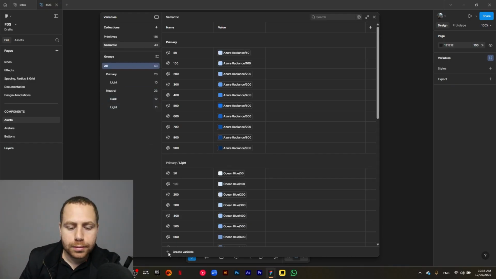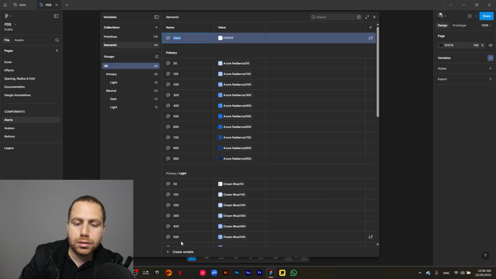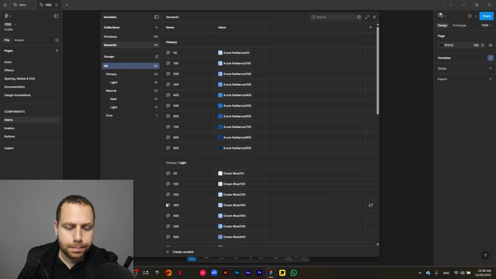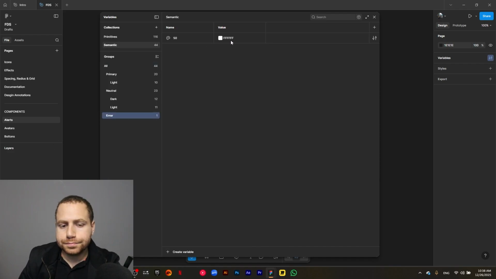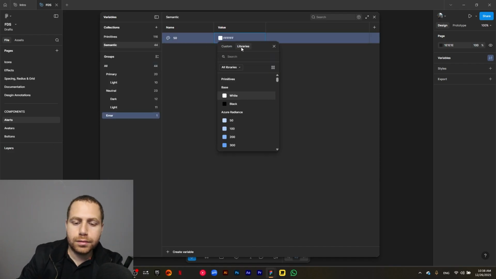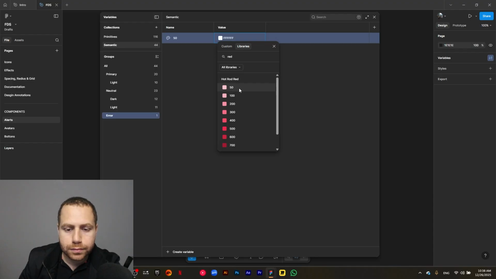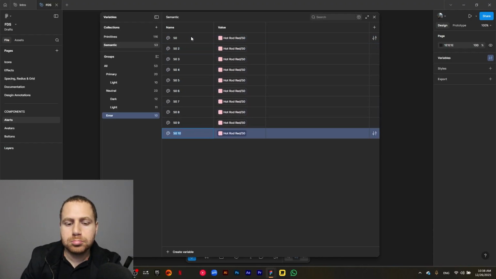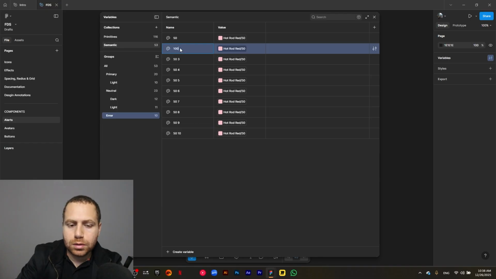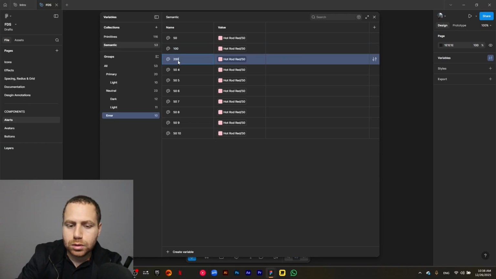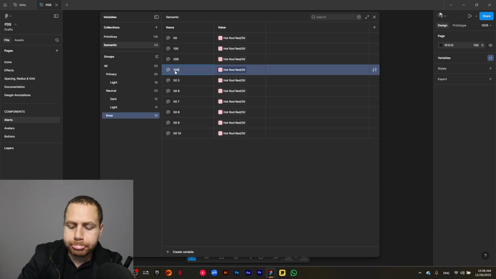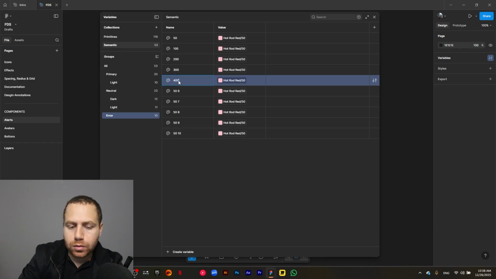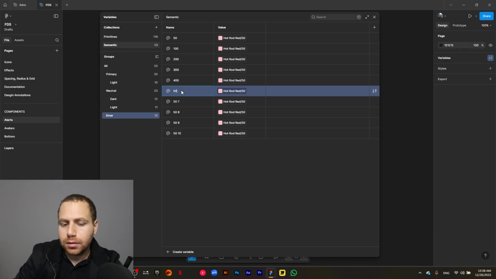Now we are going to make our error color, error 50. And this will be our red that we already made before, 50. And duplicate all of these. 100, 200, 300, 400, 500,